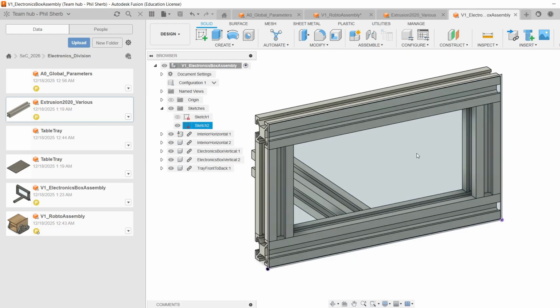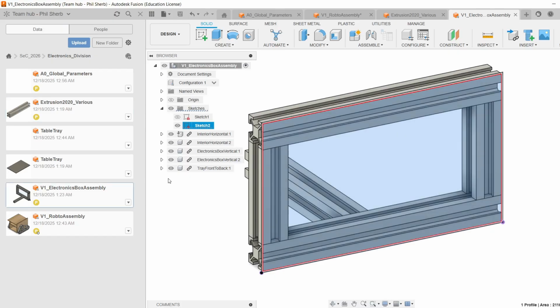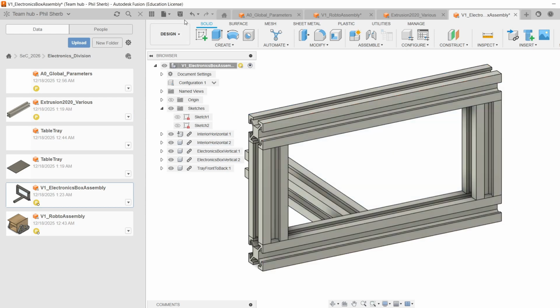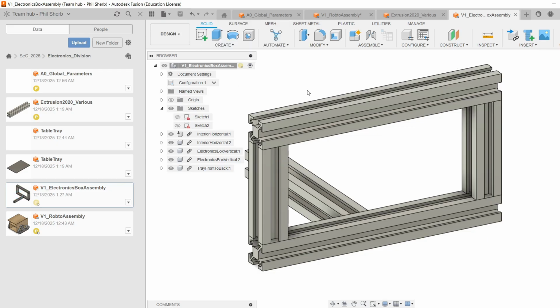I can actually show you what happens. So we're at this level and we're going to make a change to it. We are going to hide the sketch, and now we're going to save. So it's very important that after you're done making changes on a certain level, hit save. And then you have to go to the assemblies that are above it,